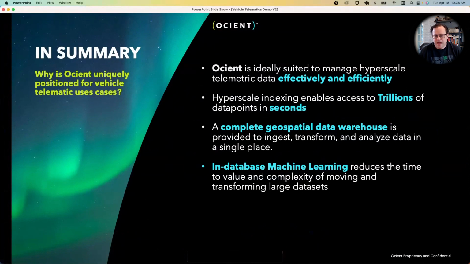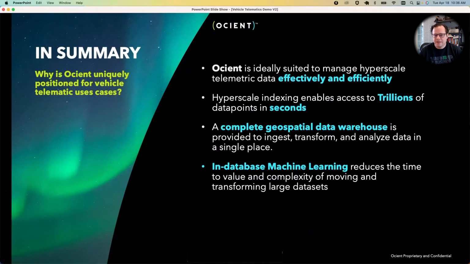Like I mentioned, we have a wide variety of geospatial function support, in addition to a wide variety of transformation capabilities that can be used to get the data into Ocient, and even further transform it through things like create table as select to get into a final design or a final schema for running your analytics.